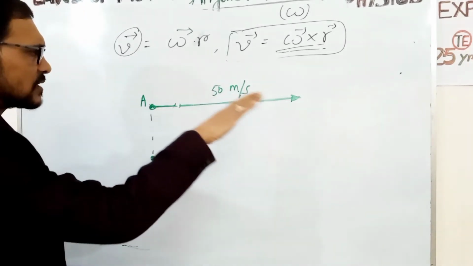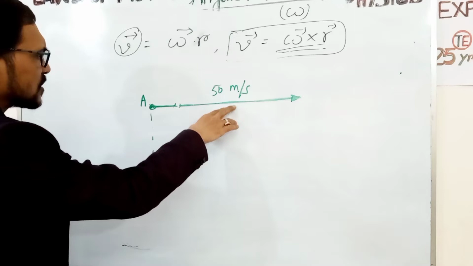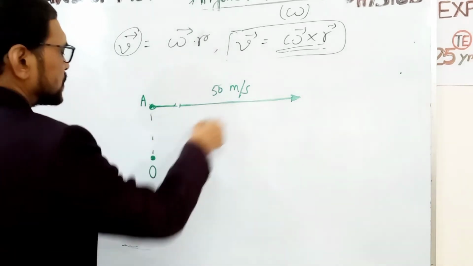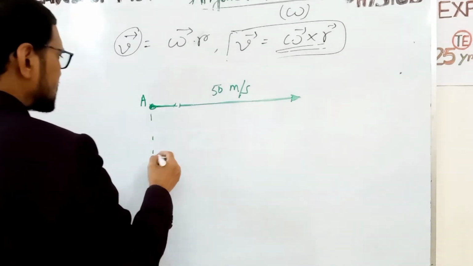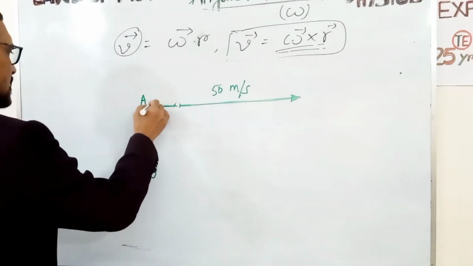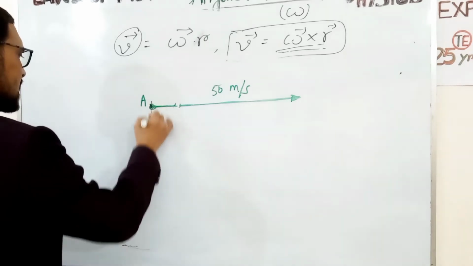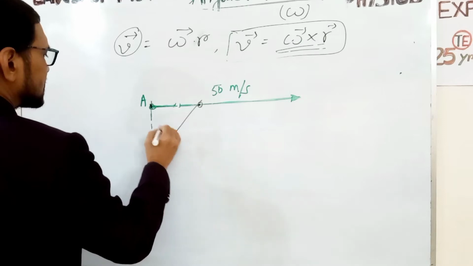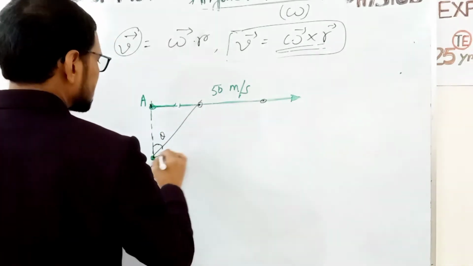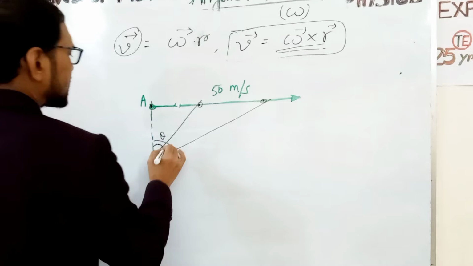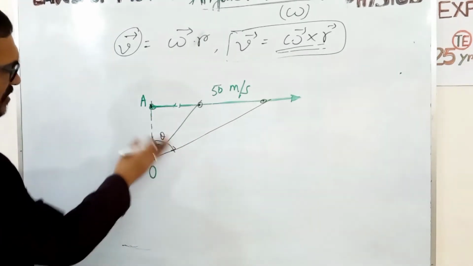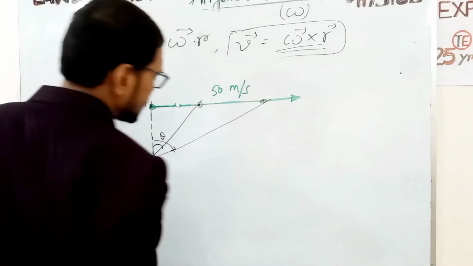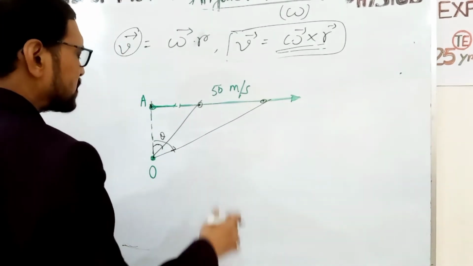So this is the angular shift. To observe the motion of the particle, the man rotates his eyes. So this is the angular velocity: the angular position changes with respect to O. Suppose this line is the reference line. When the particle is here, this makes an angle, and when the particle is here, this makes another angle. So the angle will change. Theta by t is called angular velocity. So here we define the term angular velocity.